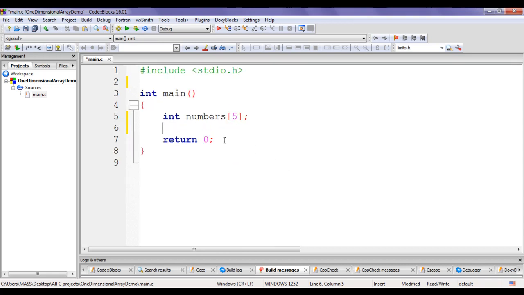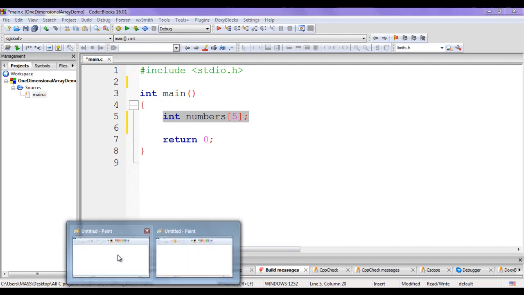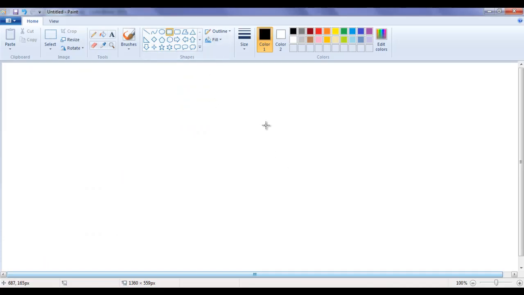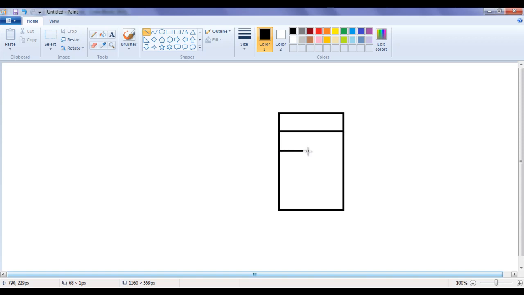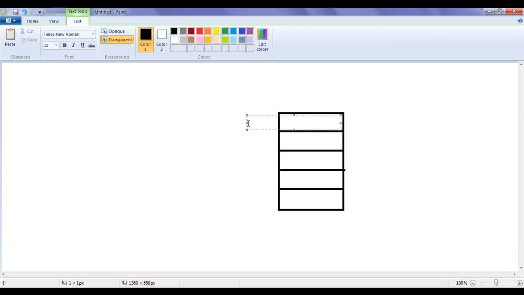We should understand what happens when this line of code is executed. Computer goes to its memory. It allocates a memory block which contains 5 memory locations, guys. 1, 2, 3, 4 and 5. Each memory location is going to have the index. We know that arrays follow zero-based indexing. So, first memory location is going to have the index 0.